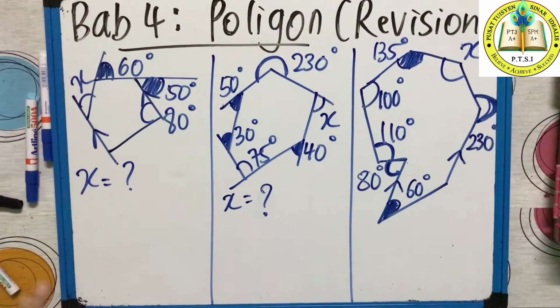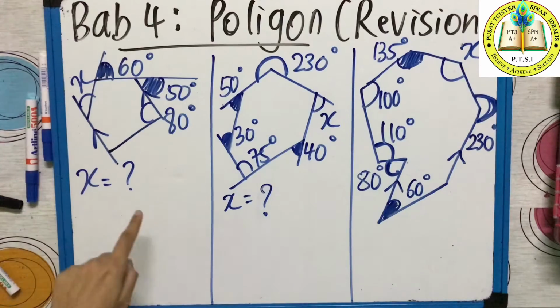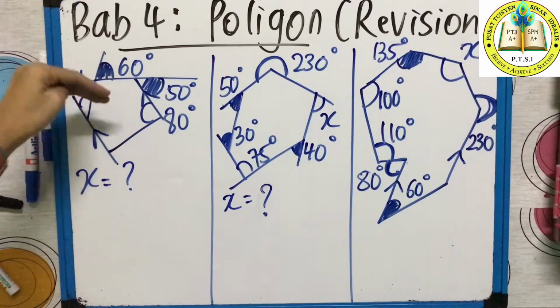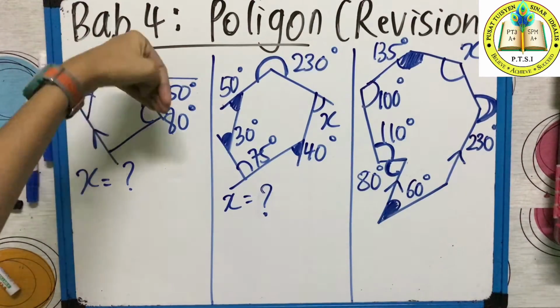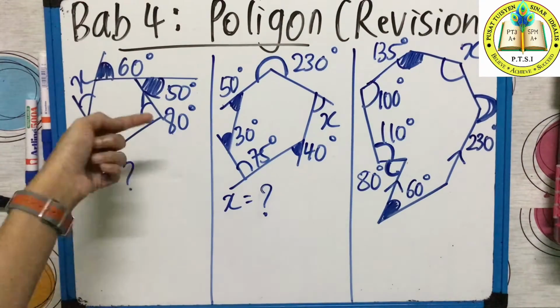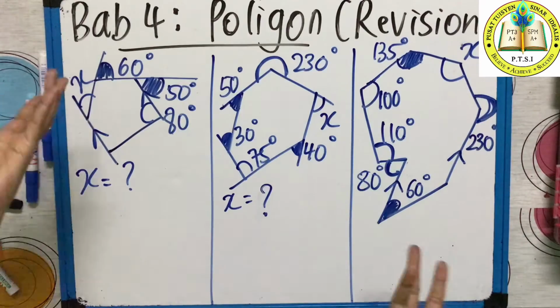This is also from the work teacher gave you before. Okay, this is a polygon and they ask you to find cari nilai x. Before you find the x value, look at the information given first. 60 di luar, 50 di luar, x di luar, tapi 80 di dalam. So what is supposed to do? You have to make it all exterior angle, sudut peluaran.